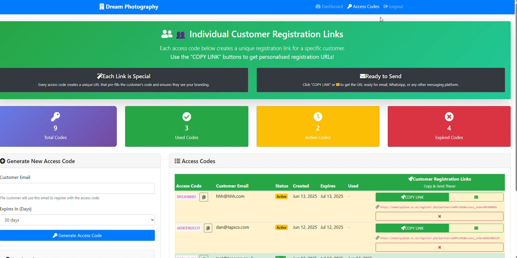I've made it easier. All you do is put your customer's email in the box on the left hand side where it says generate new access code, customer email. Don't worry too much about the expiring days. That is, if you send your customer a code this way and tell them to go to the login page, the register page,